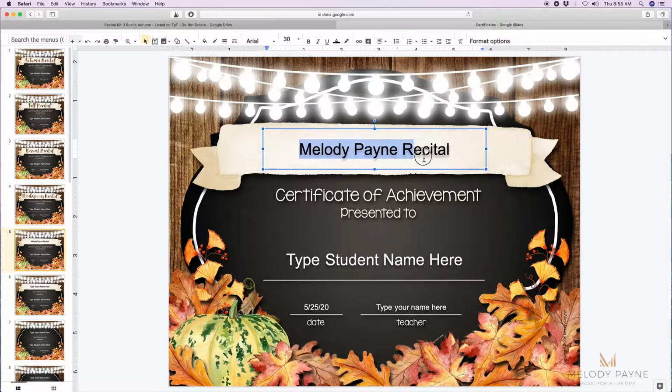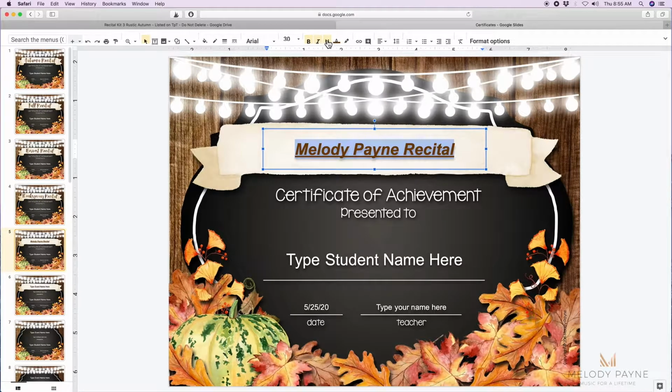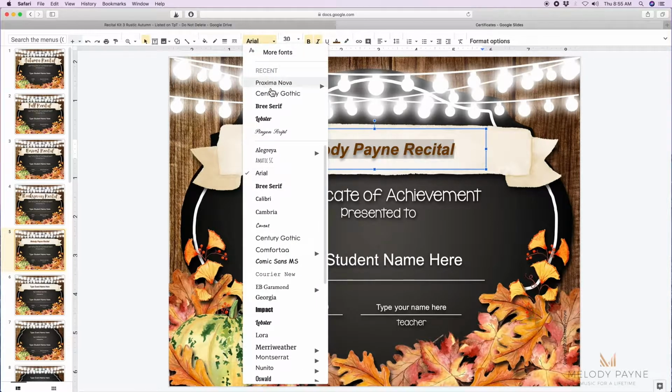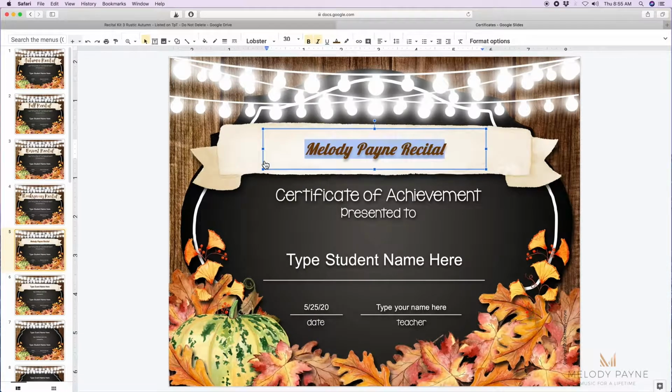Then I can highlight the text. I can make the text bold, I can make the text italics, underlined, I can change the text color here. So if I want a nice brown to go with the theme, I think I want to get rid of the underline. I can change the font here. All of these fonts you have available on Google Drive. So let's choose Lobster right there. You can change the size. Let's make this